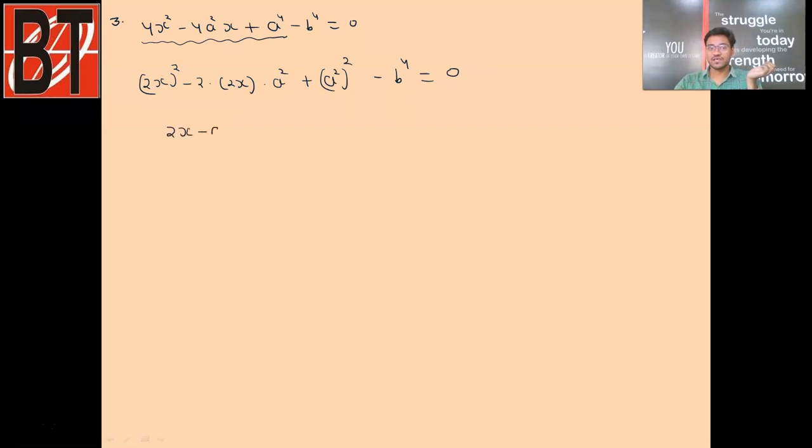You may check. If you expand the bracket, you will be getting the same terms as above, but don't forget this b raised to the power 4. B raised to the power 4 can be written in this way, b square whole square. Clear, everyone? Okay, now students, it's nothing but the form of a square minus b square. Okay, you can check if you consider 2x minus a square as complete a and b square as b, so it's nothing but a square minus b square.